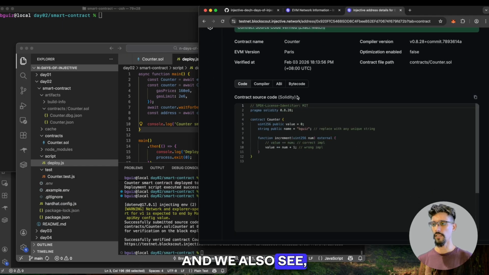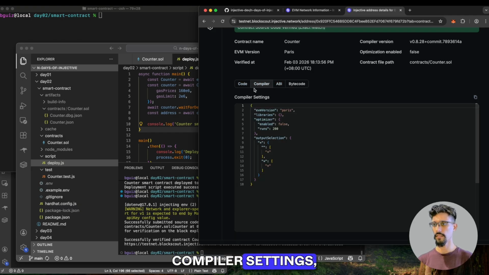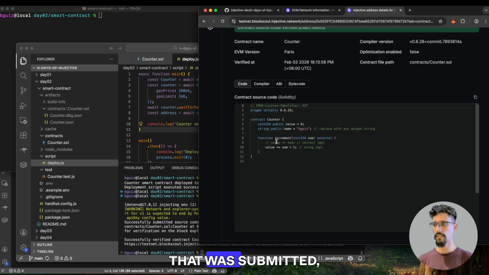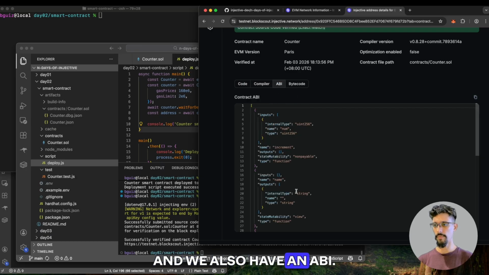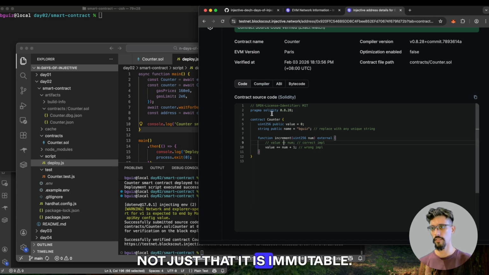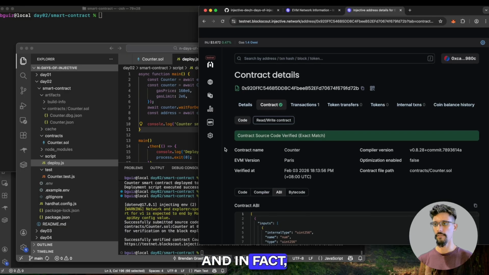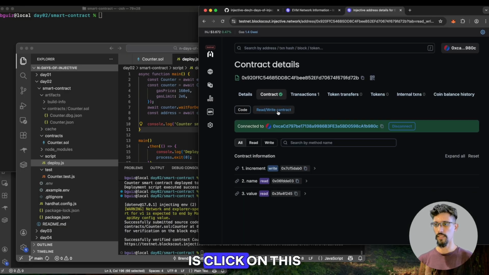And we also see, in addition to the bytecode that was there previously, we also have the compiler settings, the source code that was submitted, and we also have an ABI. With the code over here, we're able to be confident that we know what the smart contract is doing, not just that it's immutable. And with the ABI, we know how to interact with it. And in fact, what we can do is we can click on this read-write contract and use this page as a DApp,